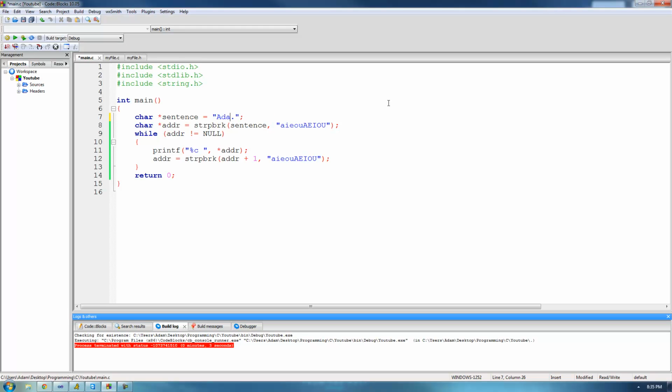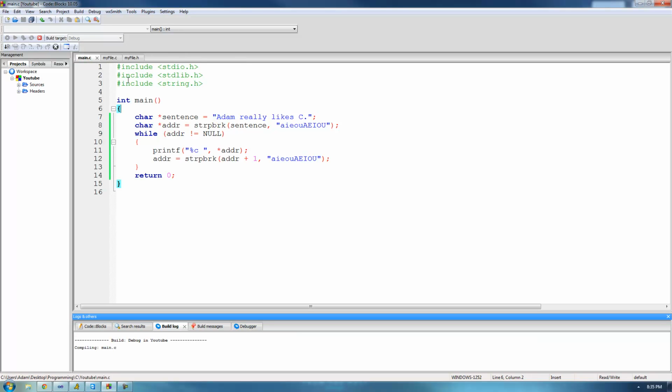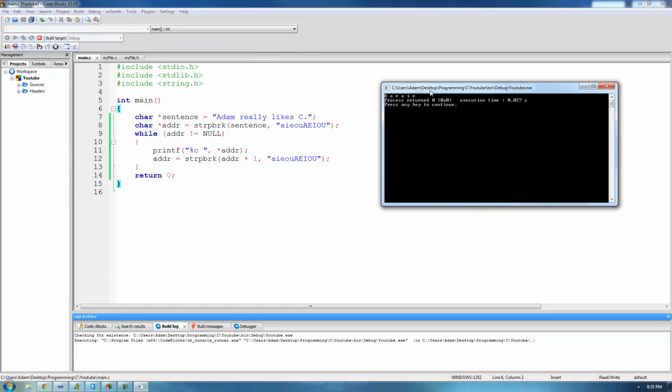So I change this to Adam really likes C, and I run this, and I should just get all the vowels inside of the string out onto the screen. So I run this, and perfect, I get all the